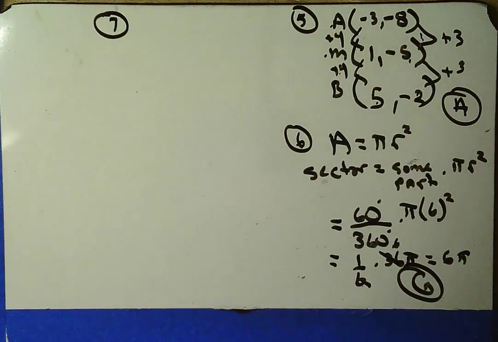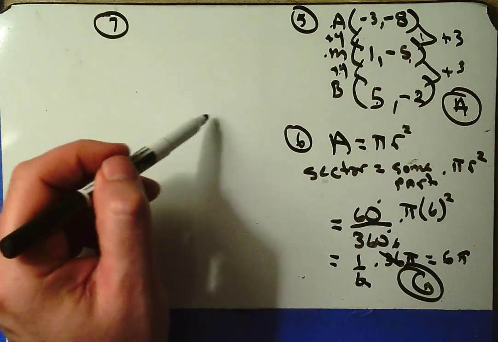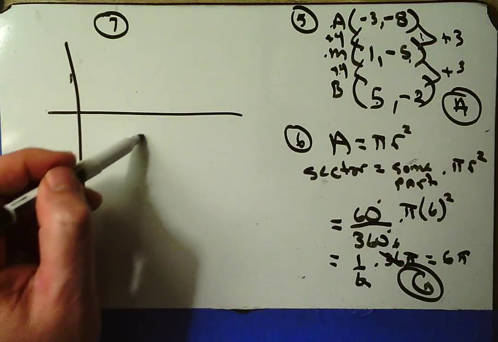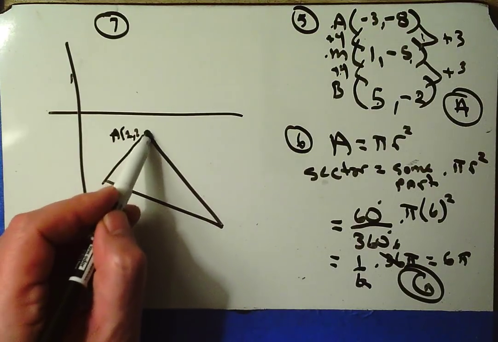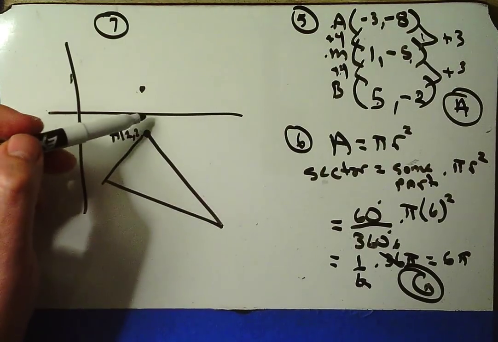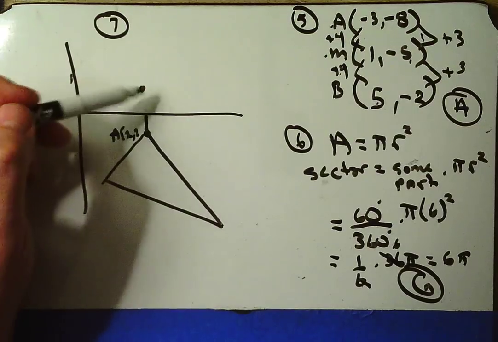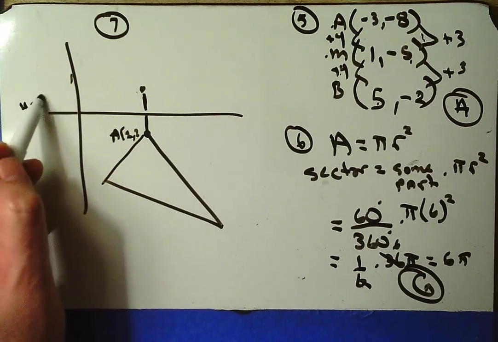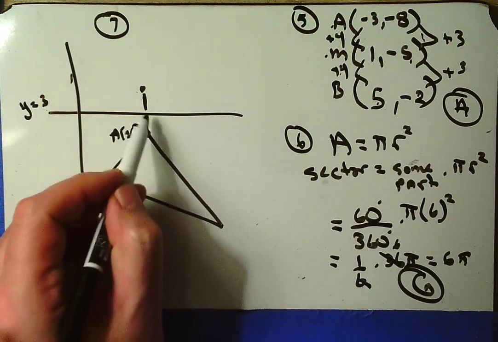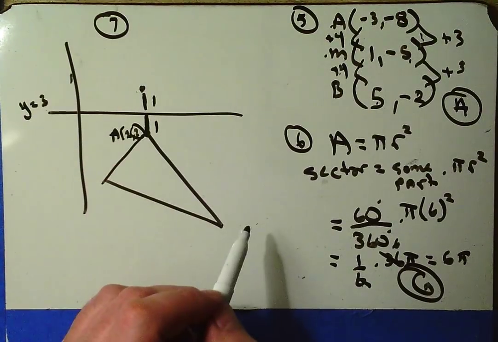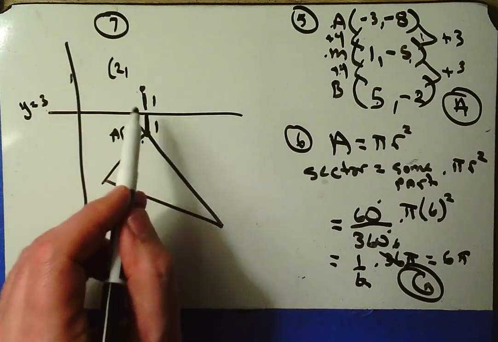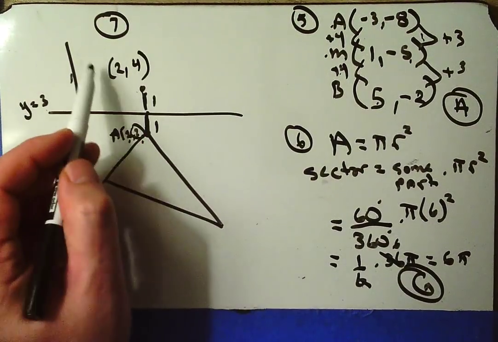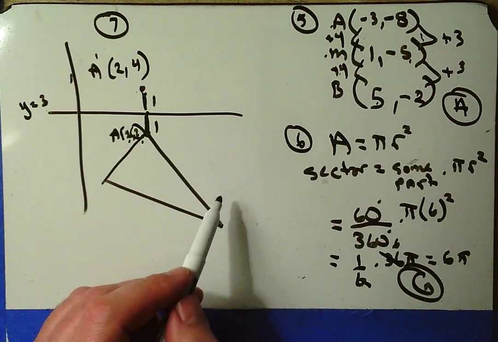How about number 7? Okay, number 7, we see here this line that we want to reflect across, and we've been given some ordered pairs, and I notice, for example, that A is located at 2, 2. Now, when I reflect this point across that line, we're not moving left or right at all. We're just taking this distance and flipping it up here. Well, if this is the line y equals 3, then this is the y value of 2. This distance is 1. So this distance must also be 1. The x value will be the same, but how far away am I? Well, I was at 2, I added 1 to get to 3, I add another 1 to get to 4. So that's where A would be when I reflected it,